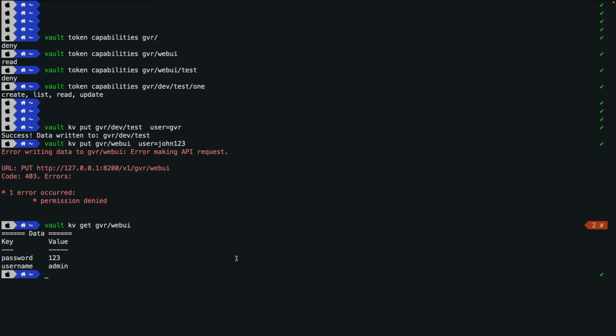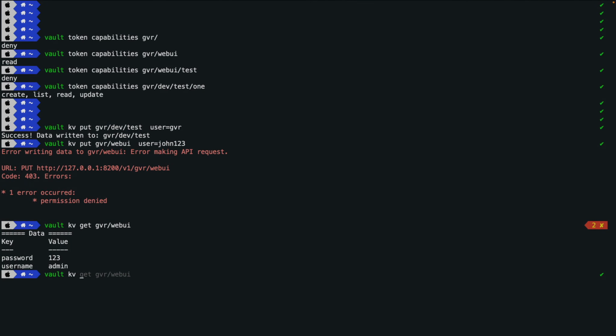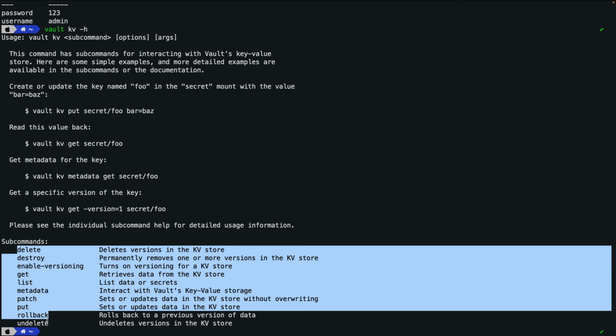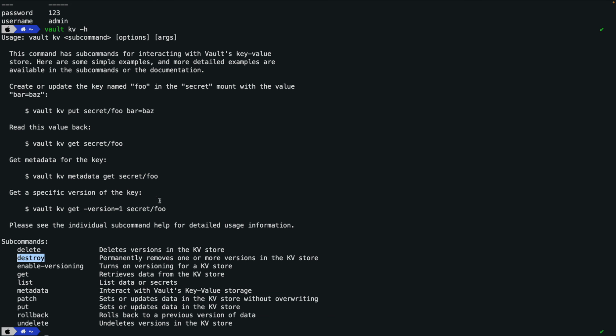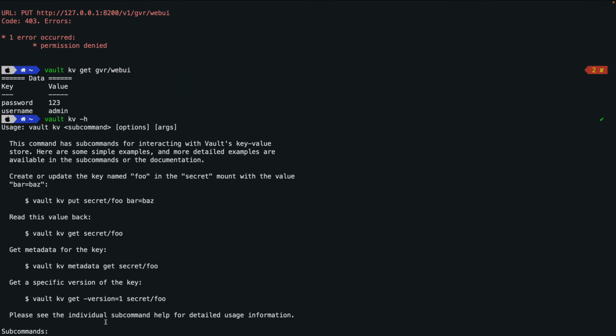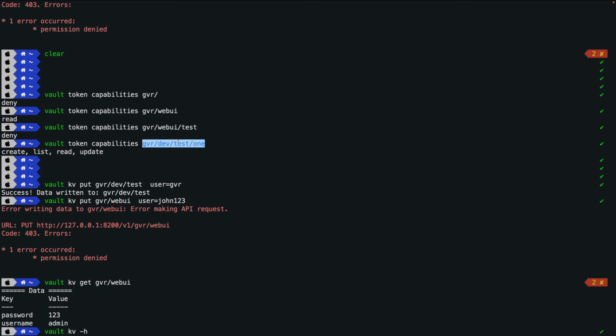Now the next thing is this particular path doesn't have a delete permission. Let's try to delete that. So vault kv, right? If you don't know the command, vault kv -h will tell you what actions you can do: delete, undelete, etc. And what is the delete command? Vault kv delete and whatever the secret path, right? So vault key value delete, which is this one. And what is the path here? gvr test,